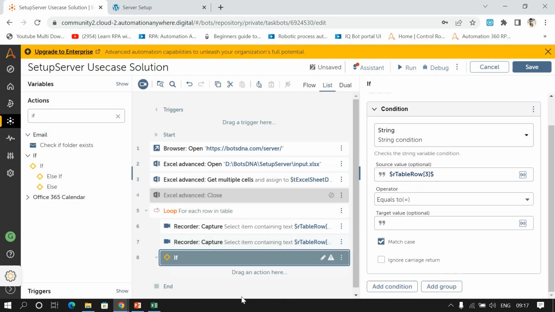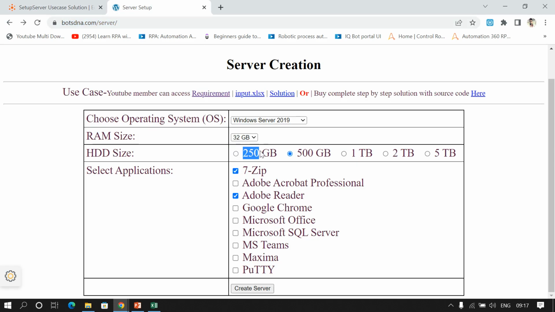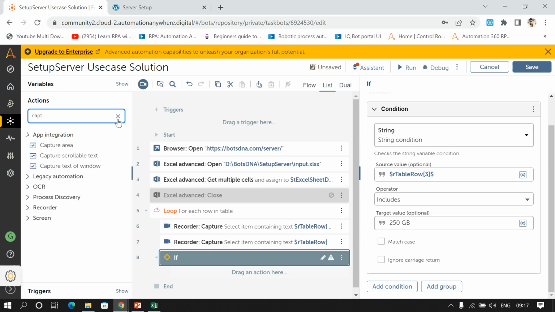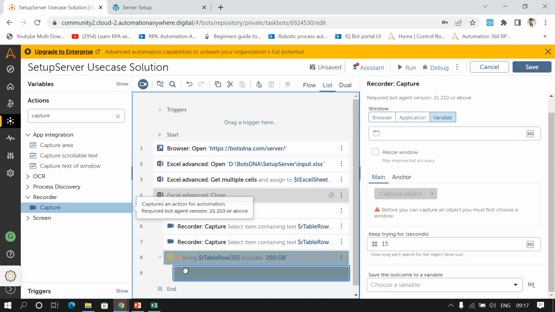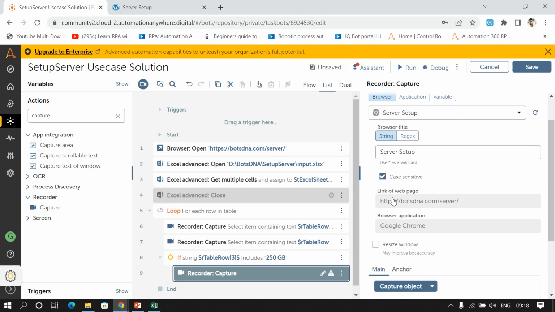And when it's equal to 250 GB, here I'll select include. When our table row includes 250 GB, then we have to use capture command from recorder package and select the website,